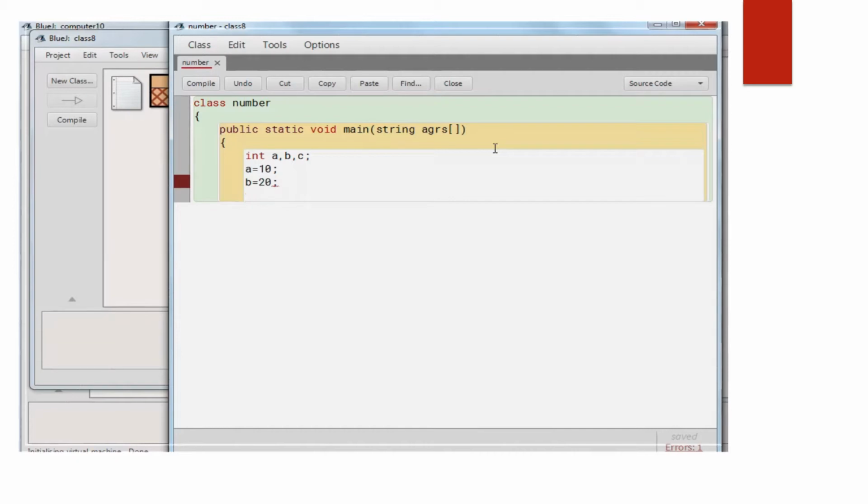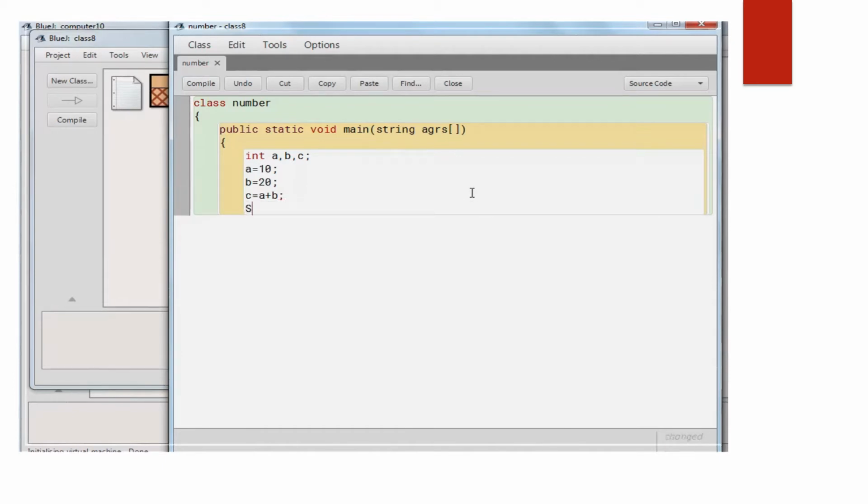Then we have to do the calculation. c equals a plus b, then semicolon.